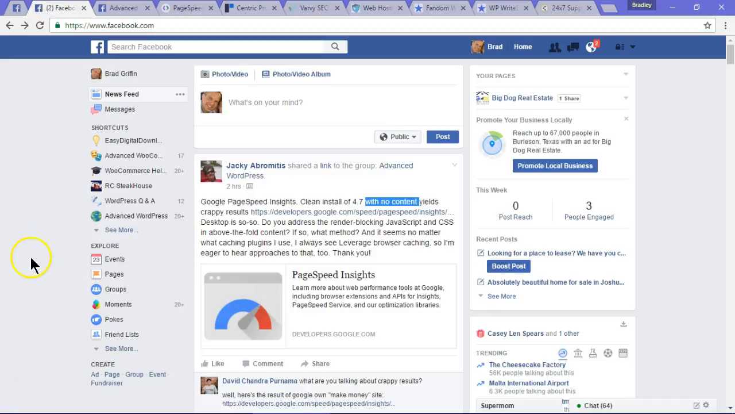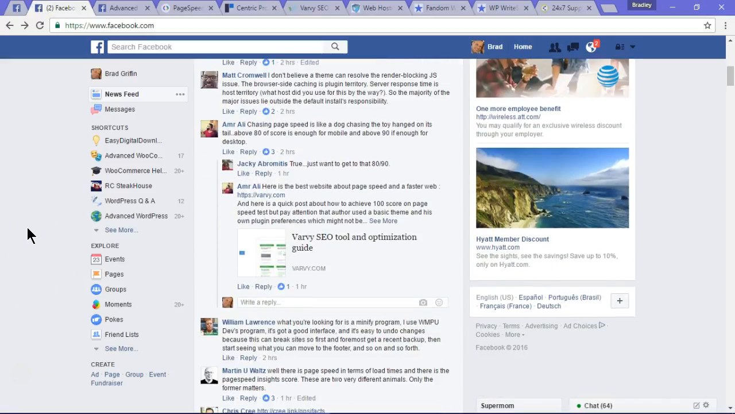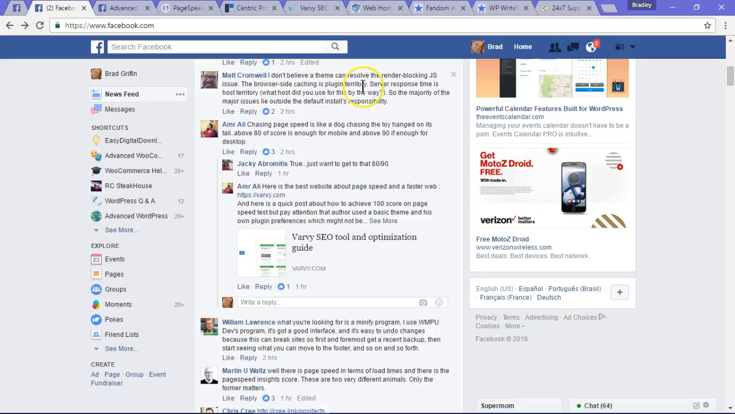So then, as Matt was saying down here, I don't believe a theme can resolve the render blocking JS. Well, yeah. Yes, it could. Yes, you need to remove different aspects of what is cached and what's not cached. Hold on. But then this part right here,